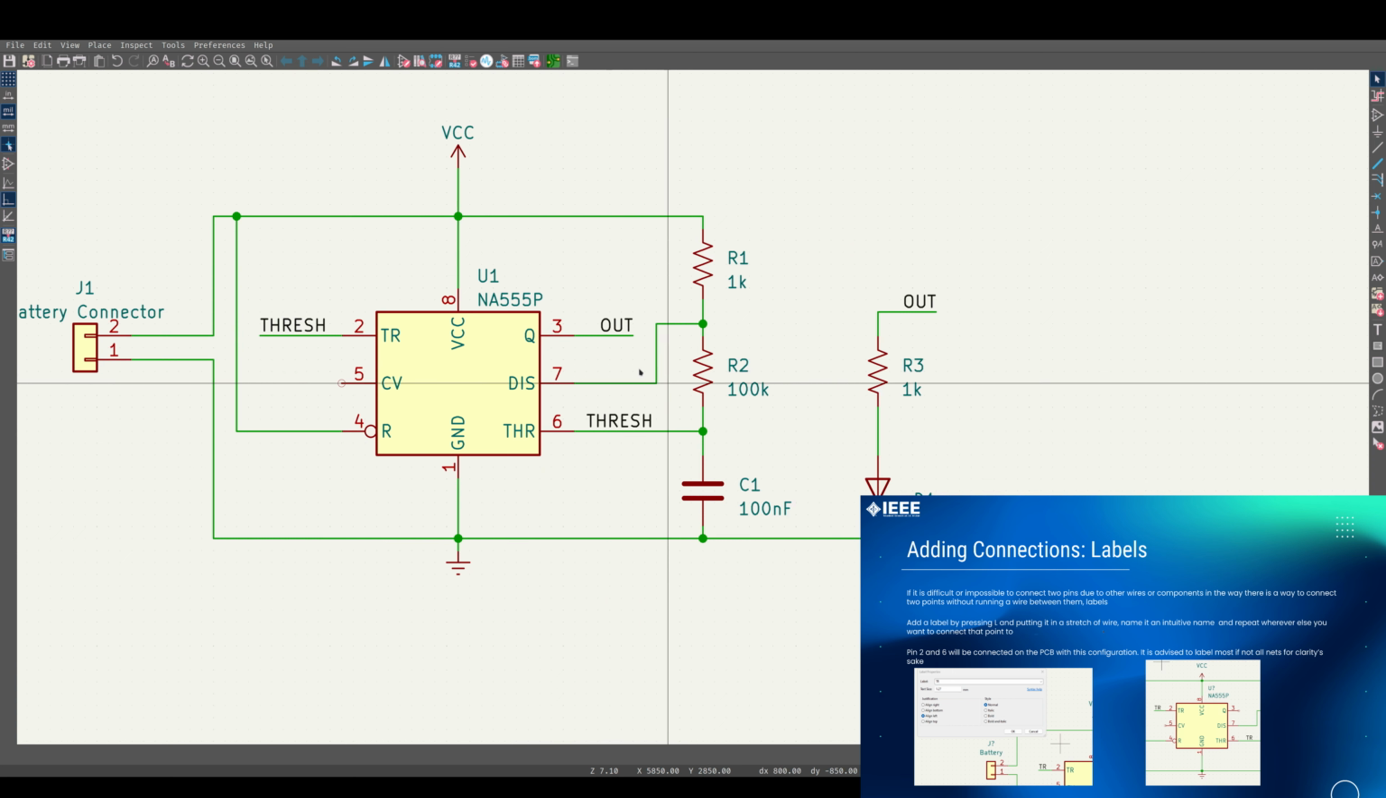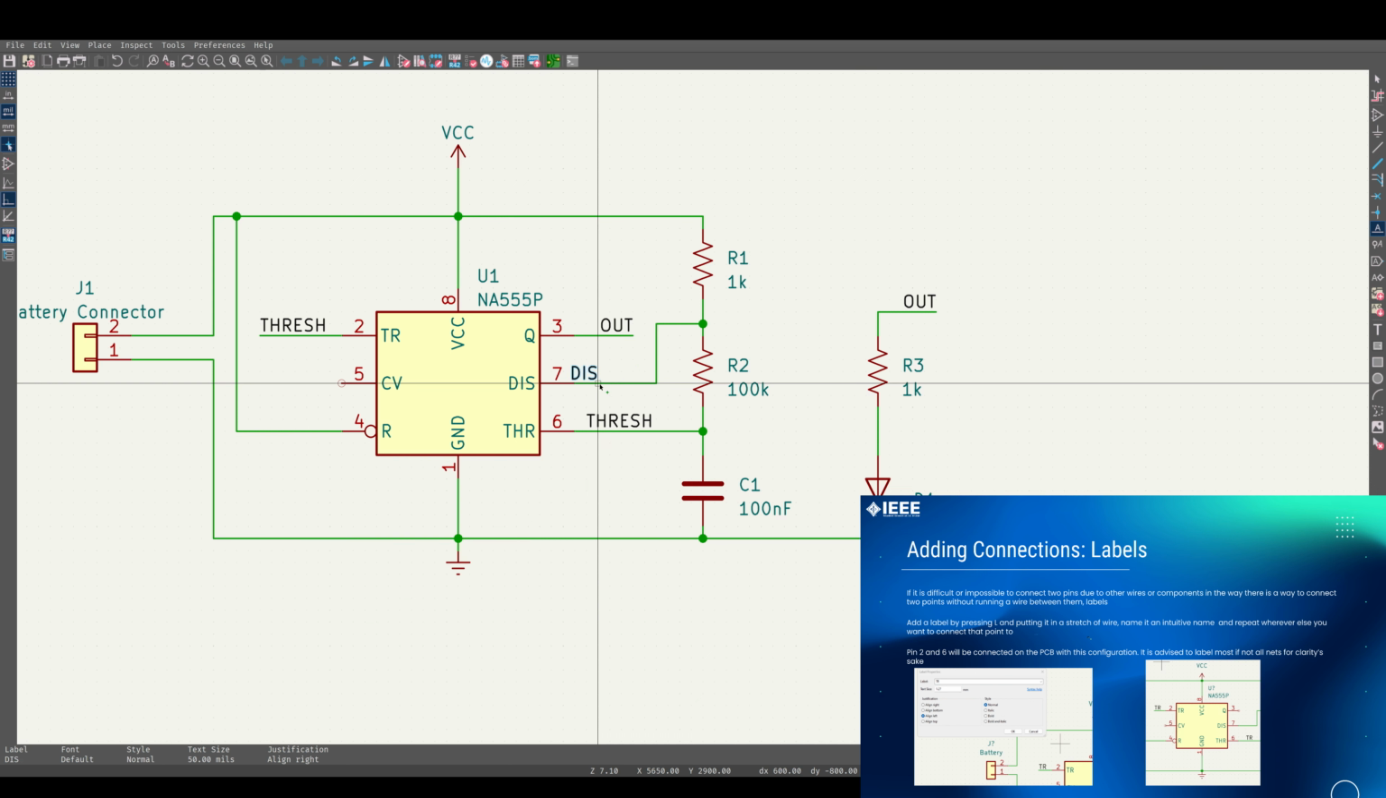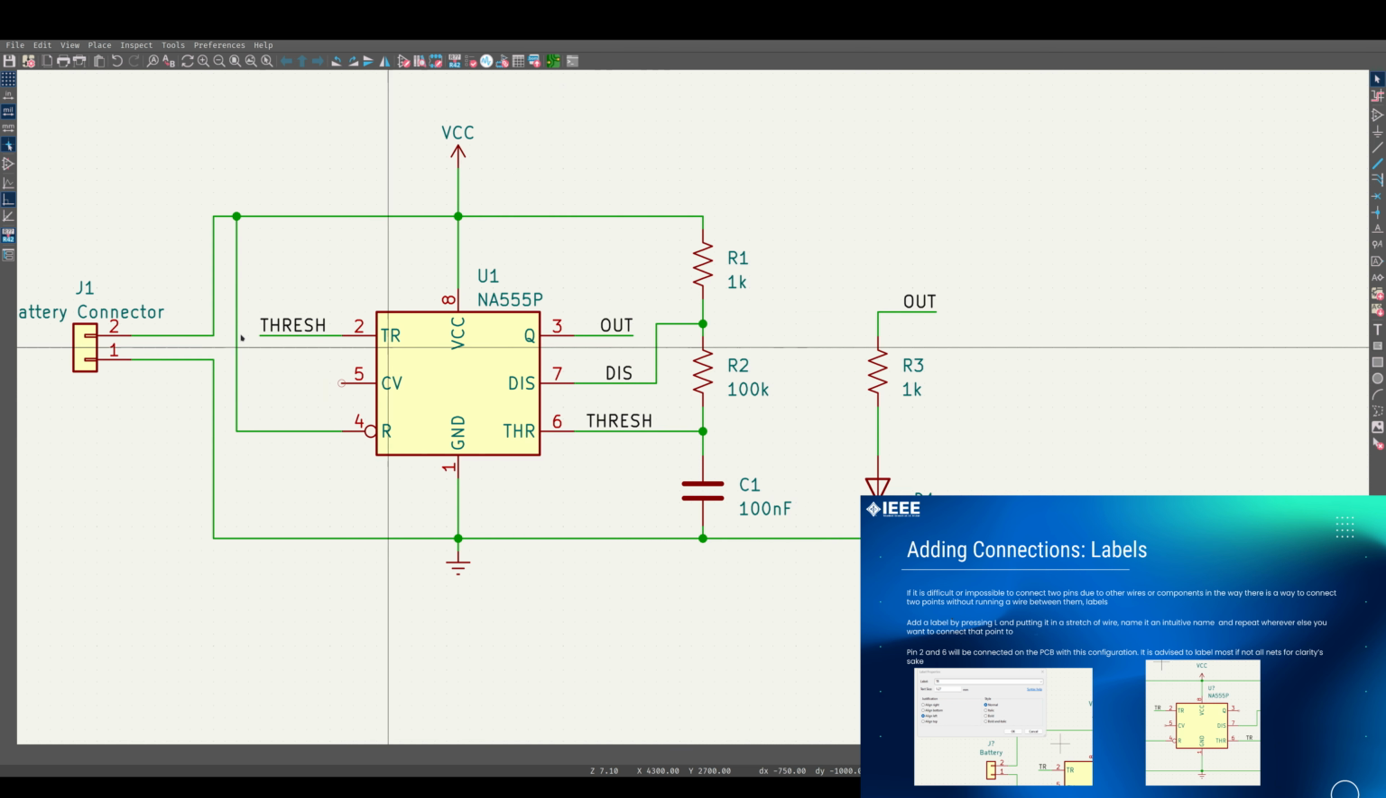Now, last thing is I really want to label every net. So I'm going to label this guy dis here. And I like to have them relatively synced up like that just to make things easy to read. I mean, as long as it's not crazy off, it doesn't really matter. You don't need to follow that convention, but I like it just for my personal stuff. Now we have everything connected. So we have Thresh 2 to 6, 3 to the LED circuit here, discharge to discharge pin, and that's everything